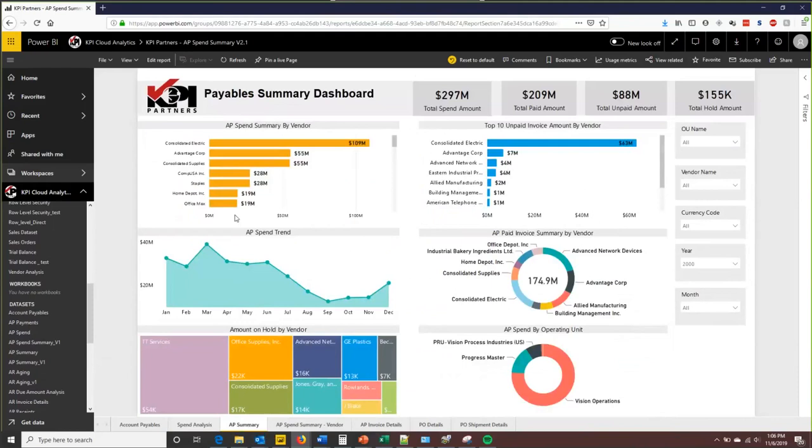So for example, let's take a look at my payable summary dashboard. Not only does this give me a summary dashboard, but it also comes with logic that lets me drill through and say, okay, well, what do I need to know about each of the vendors, right? So instead of having to dump all the data out and then build another set of reports or go to another report and apply